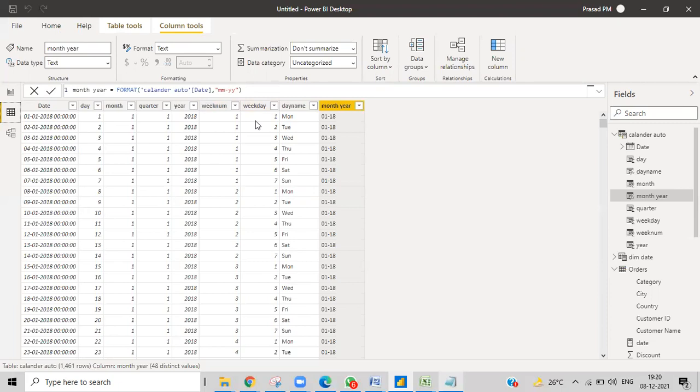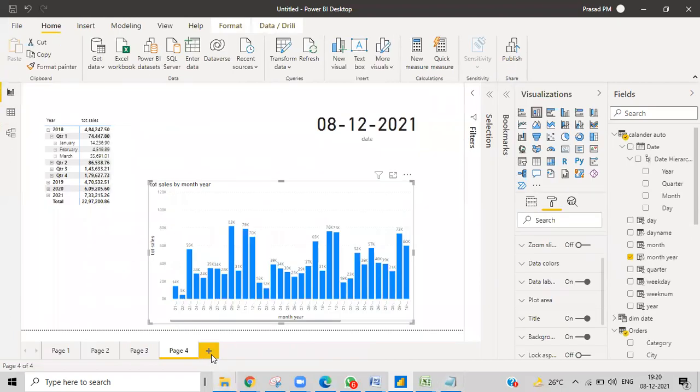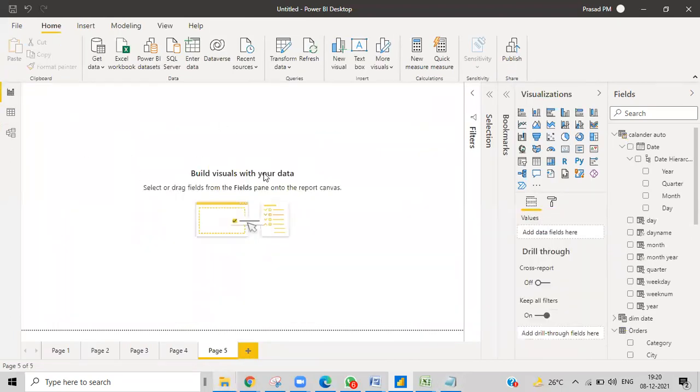We need total sales, but not for all the days, only for weekdays, only working days. For every week, we need only the weekdays, and we don't want to include the weekends because I might have a lot of sales on weekends. I want to calculate it separately, maybe show it somewhere else. Very simple things, but get to know.